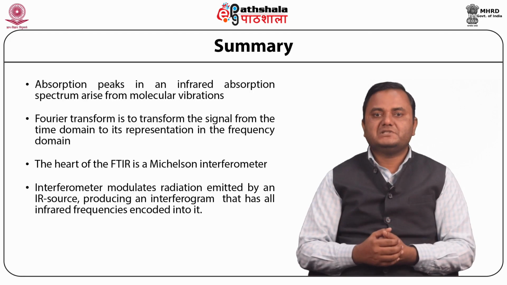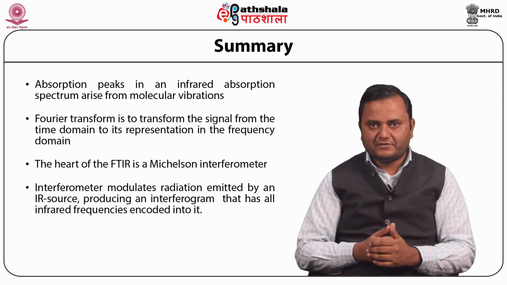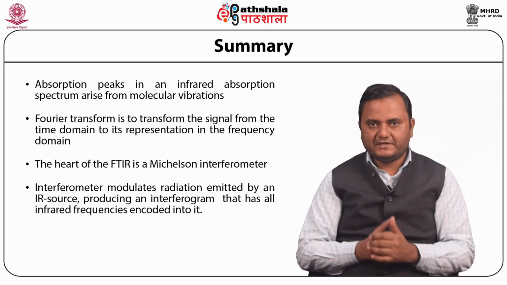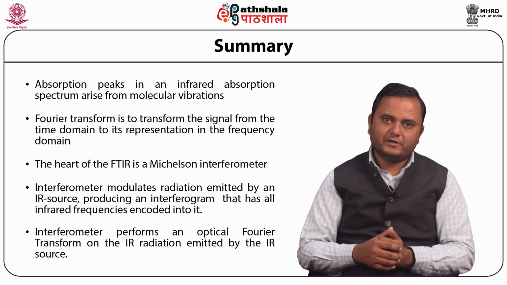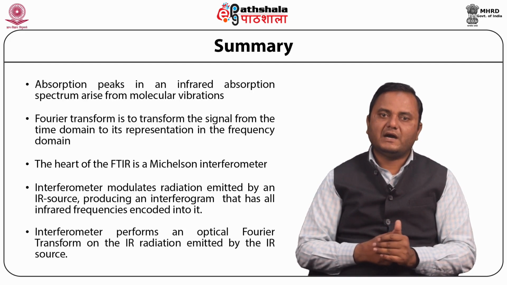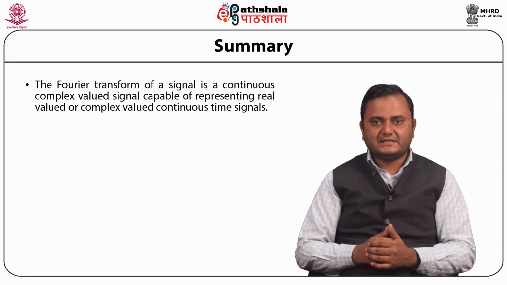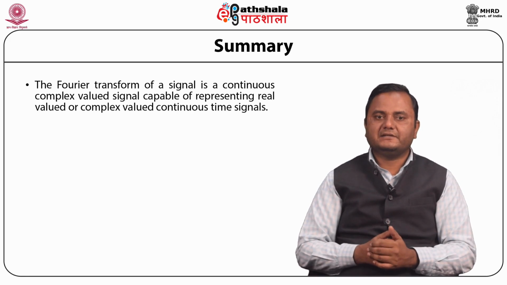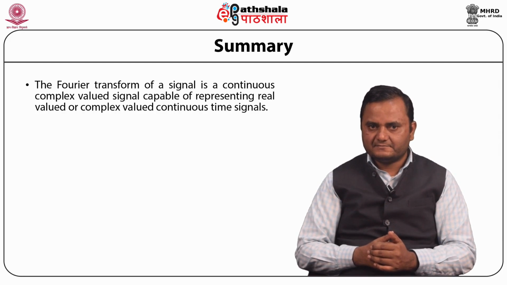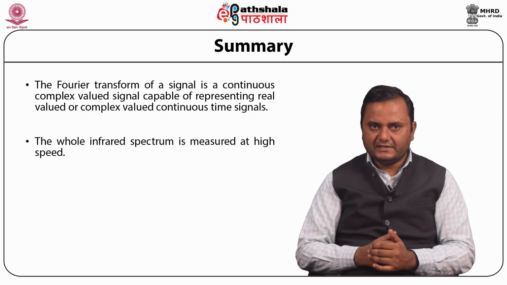The interferometer modulates radiation emitted by an IR source, producing an interferogram that has all IR frequencies encoded into it. The interferometer performs an optical Fourier transform on IR radiation emitted by the IR source. The Fourier transform of a signal is a continuous, complex valued signal capable of representing real valued or complex valued continuous time signals. The whole IR spectrum is measured at a high speed by the FTIR,